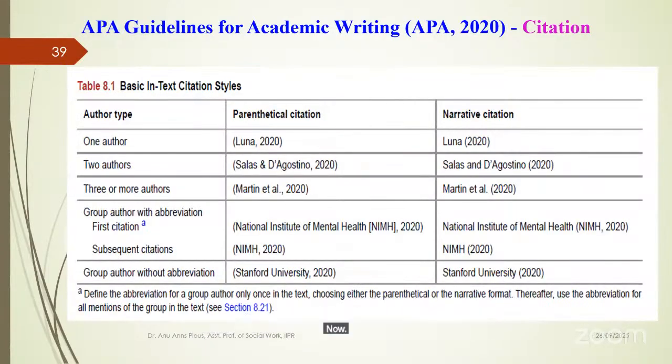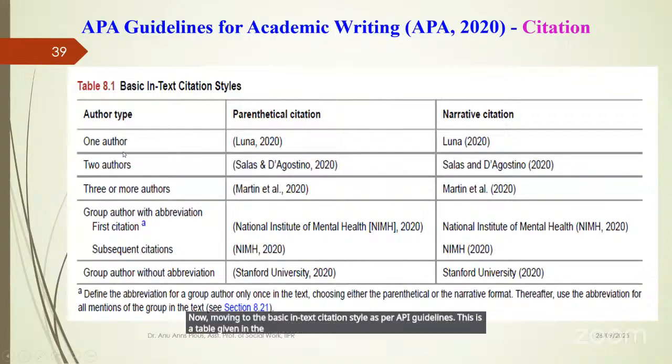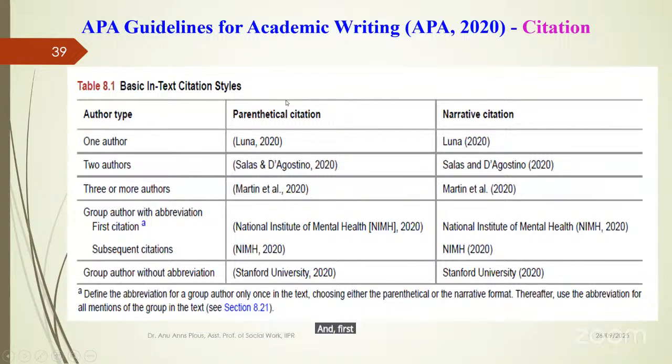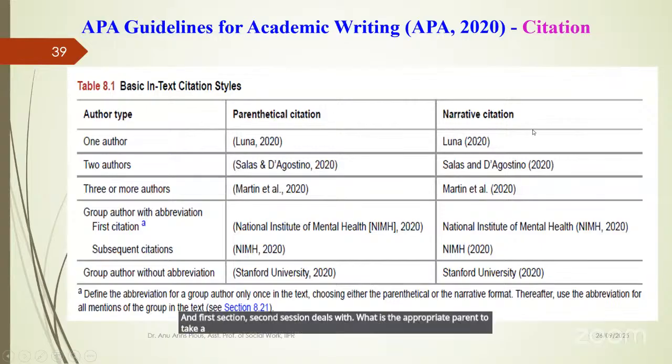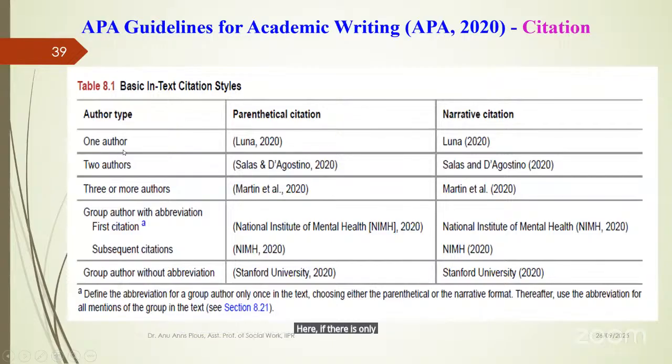Now, moving to the basic in-text citation style as per APA guidelines. This is a table given in the APA publication manual. Here they have given 3 sections with different criteria, and that criteria is always based on the type of author. The second section deals with the appropriate parenthetical citation mode, and the third one will be the appropriate narrative citation mode. Here, if there is only one author,